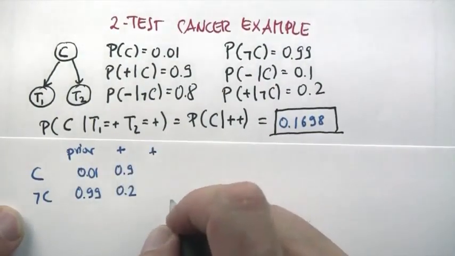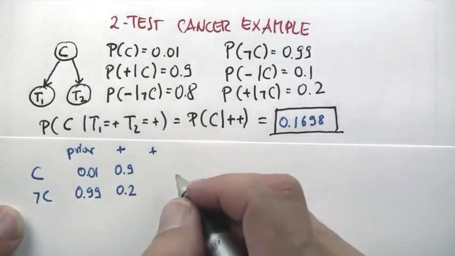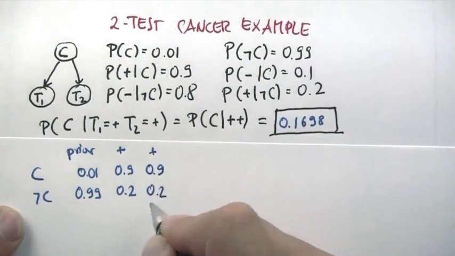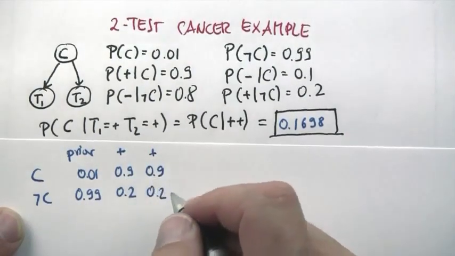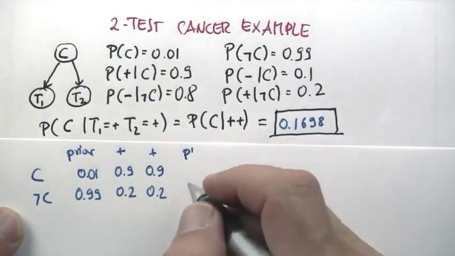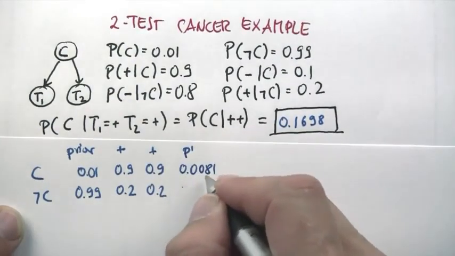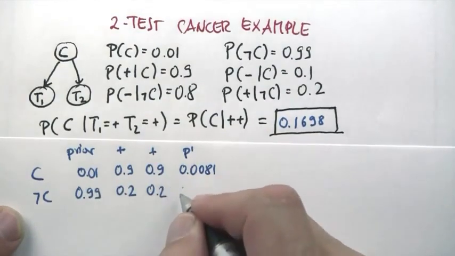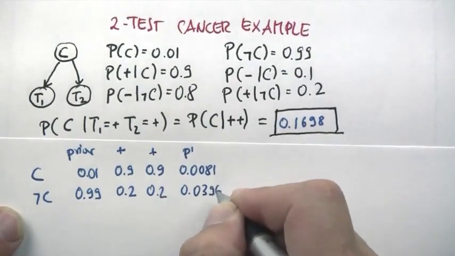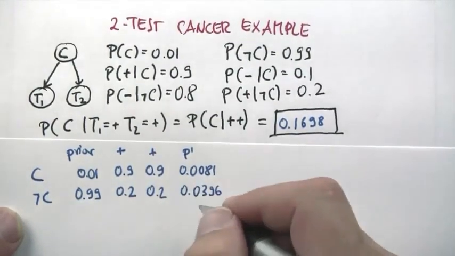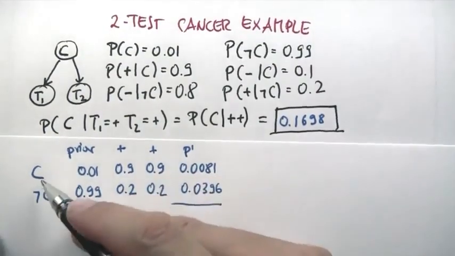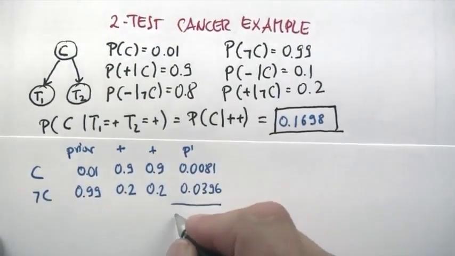Since multiplication is cumulative, I can do the same thing again with my second test result, 0.9 and 0.2, and I multiply all of these three things together to get my non-normalized probability P prime to be the following: 0.0081 if you multiply those things together, and 0.0396 if you multiply these guys together. And these are not a probability. If you add those for the two complementary events cancer and non-cancer, I get